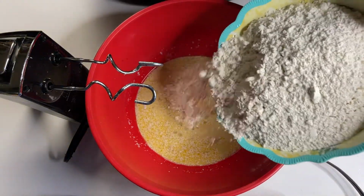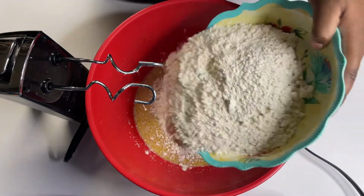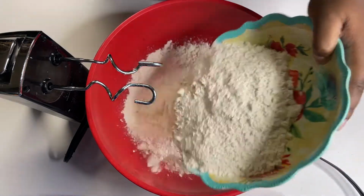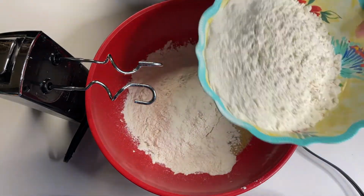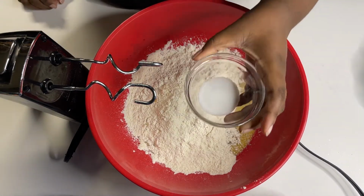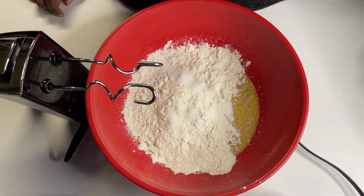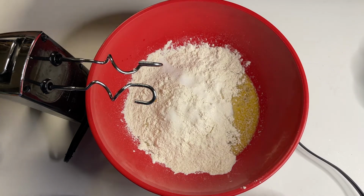And now I'm adding my all-purpose flour just a little bit at a time. I had 4.5 cups in this bowl, and I had a little under half of a cup of flour left. So it could be different for you, but just keep that in mind. Added my salt, and now I'm going to add some cinnamon,